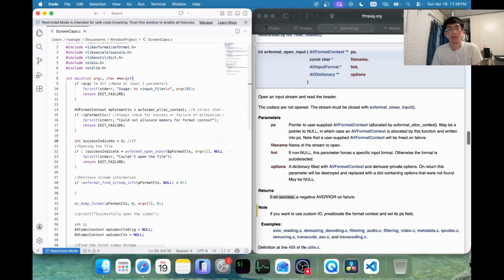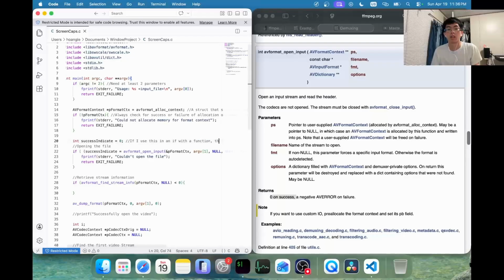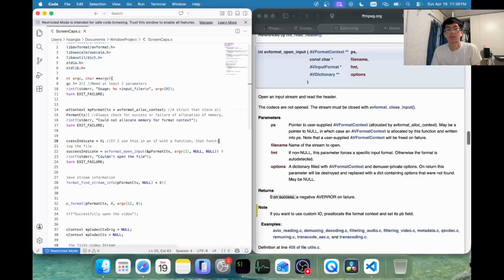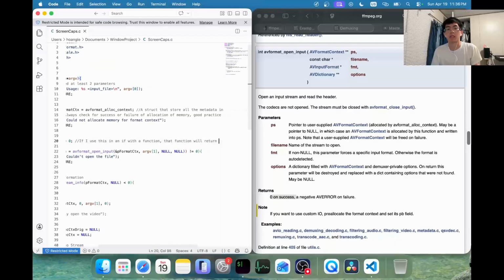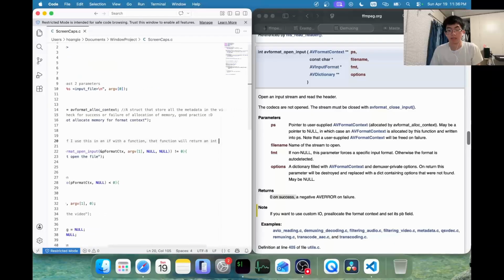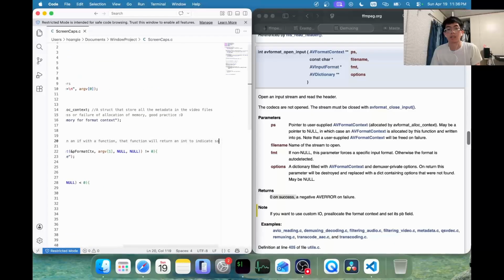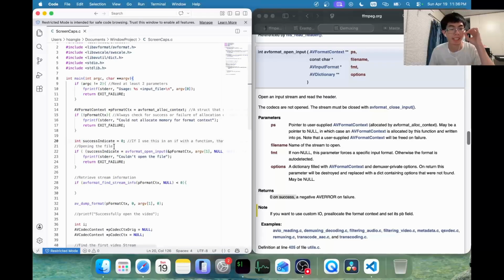If I use this in an if with a function, that function will return an int to indicate something. Oh, so that's why